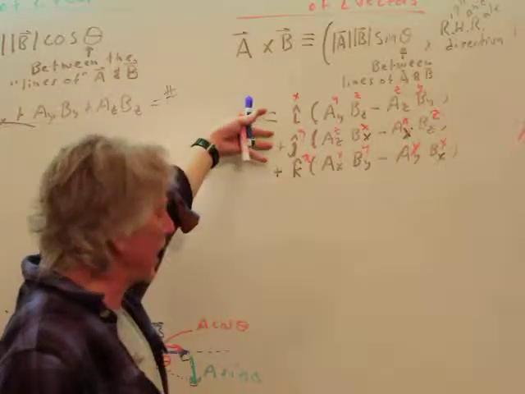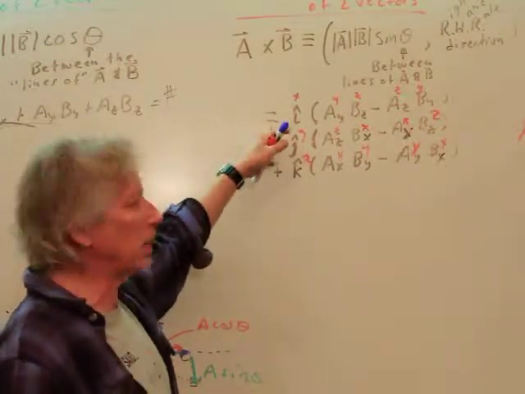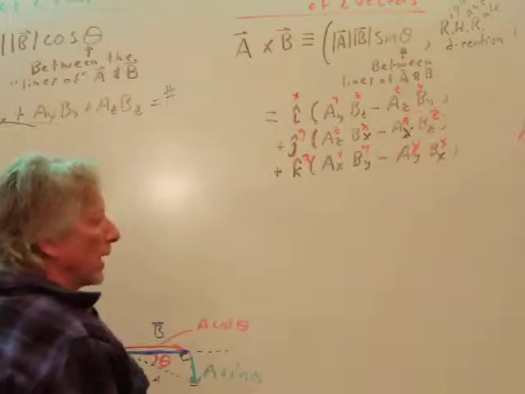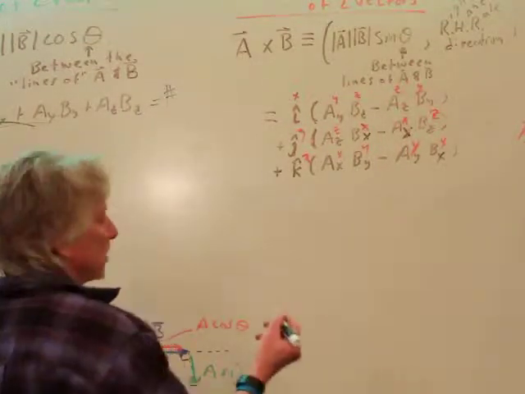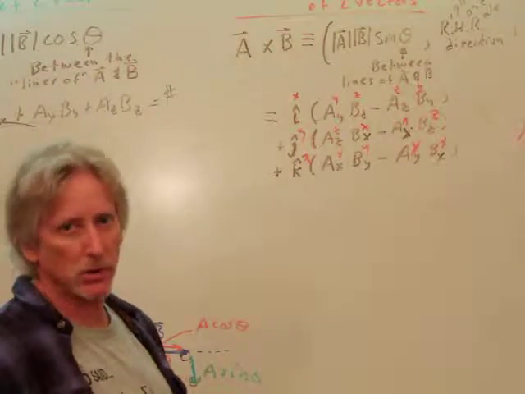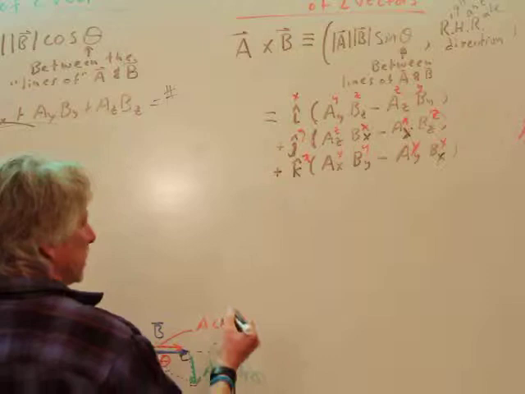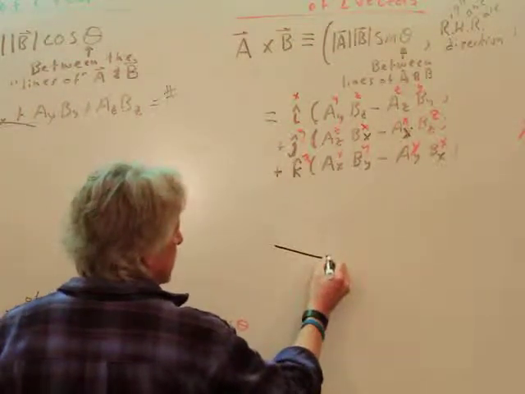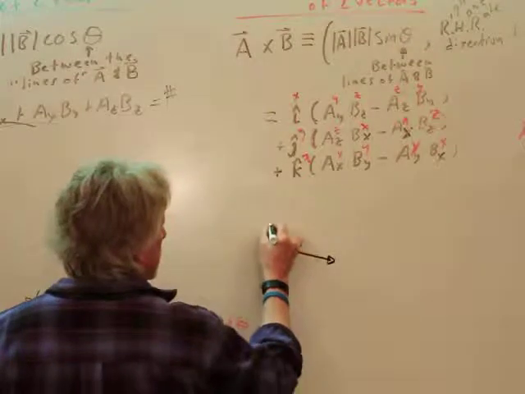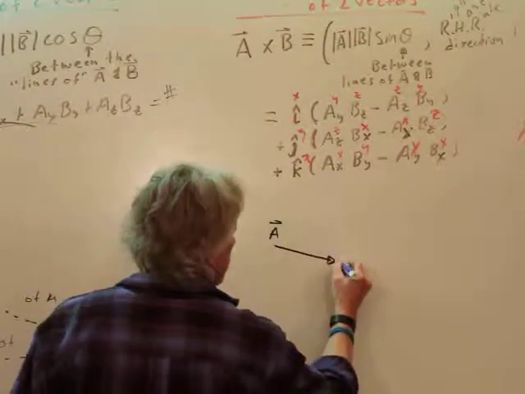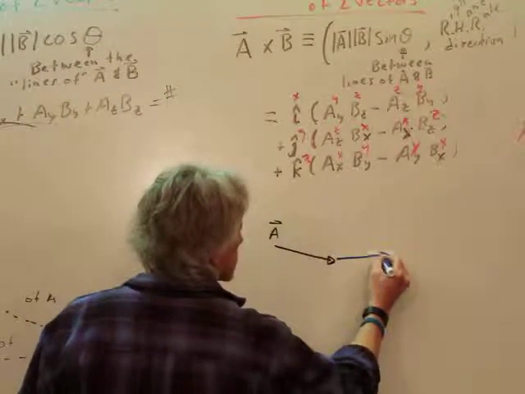Now, we can get it out of this, but you've got to admit that's kind of messy. So this is a pretty nice one. The right-hand rule goes like this. There's multiple ways of doing it. As long as you get the same answer, whatever trick you use is fine. So let's do this. Let's go back to our A cross B. Now the interesting thing is,